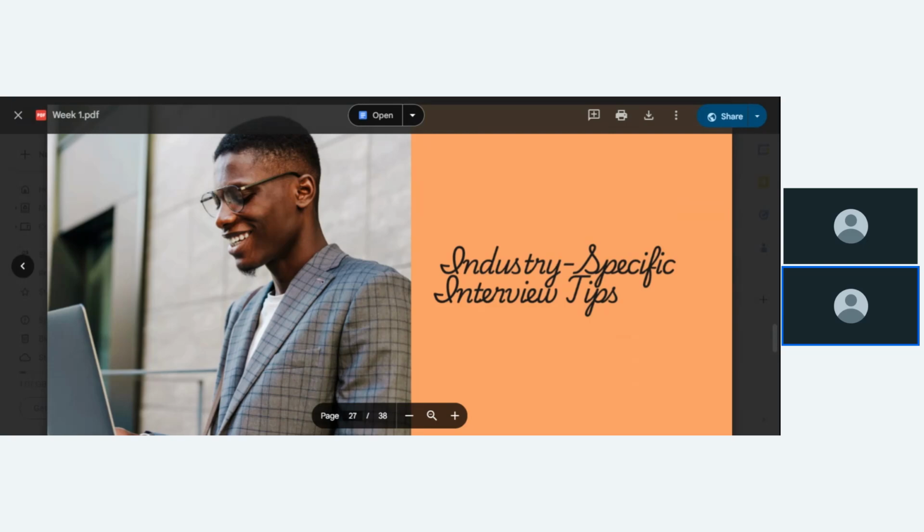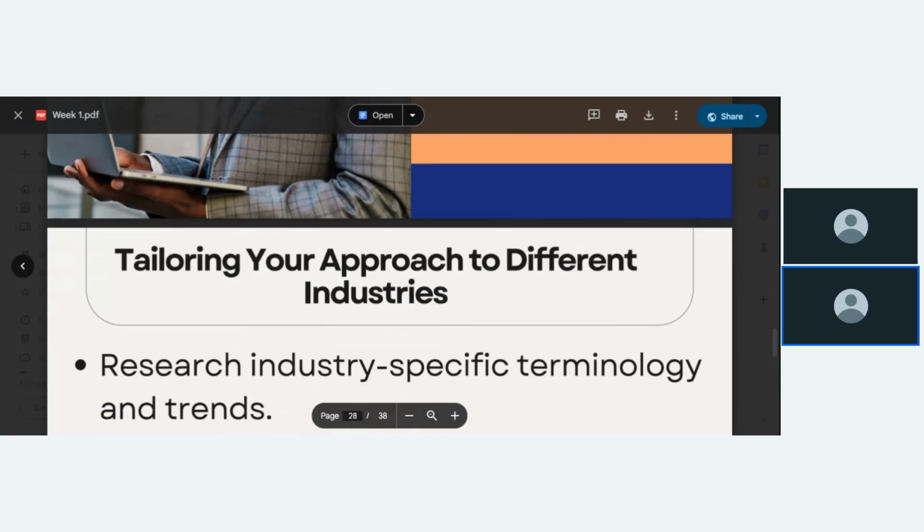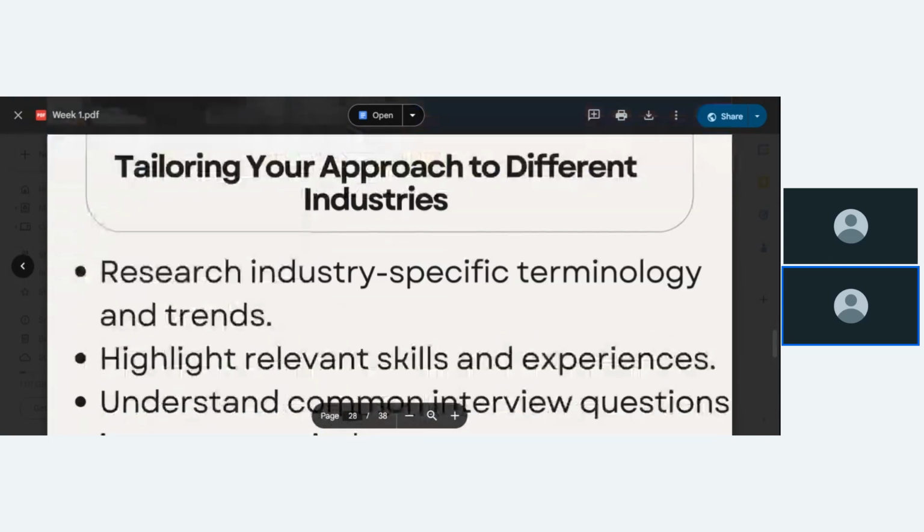Let's talk about industry-specific interview tips. If I'm interviewing as an HR manager, for example, there are certain terminologies and keywords that I will be expected to talk about. So I'm not just talking as a layman. I'm speaking from my wealth of experience, if I may put it that way.